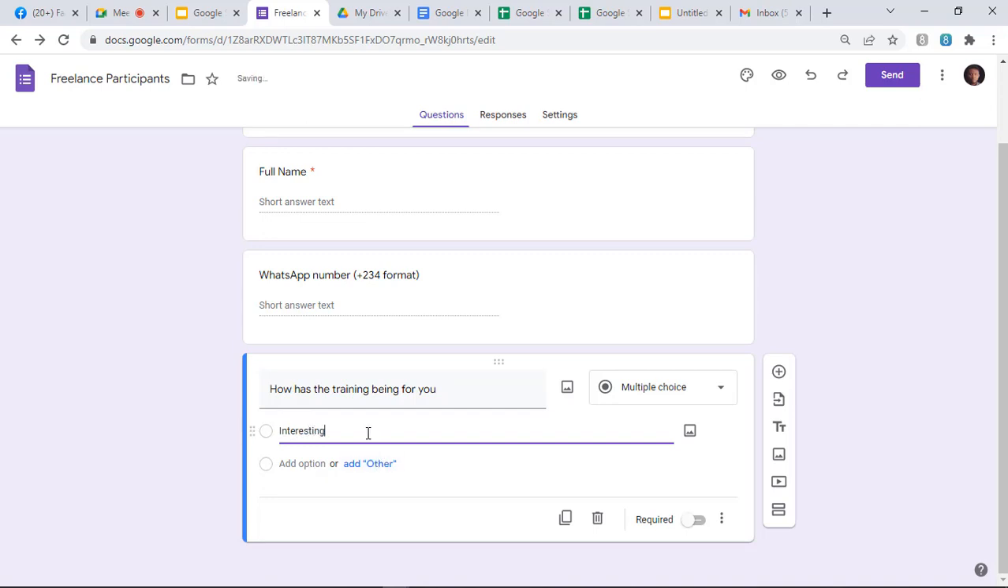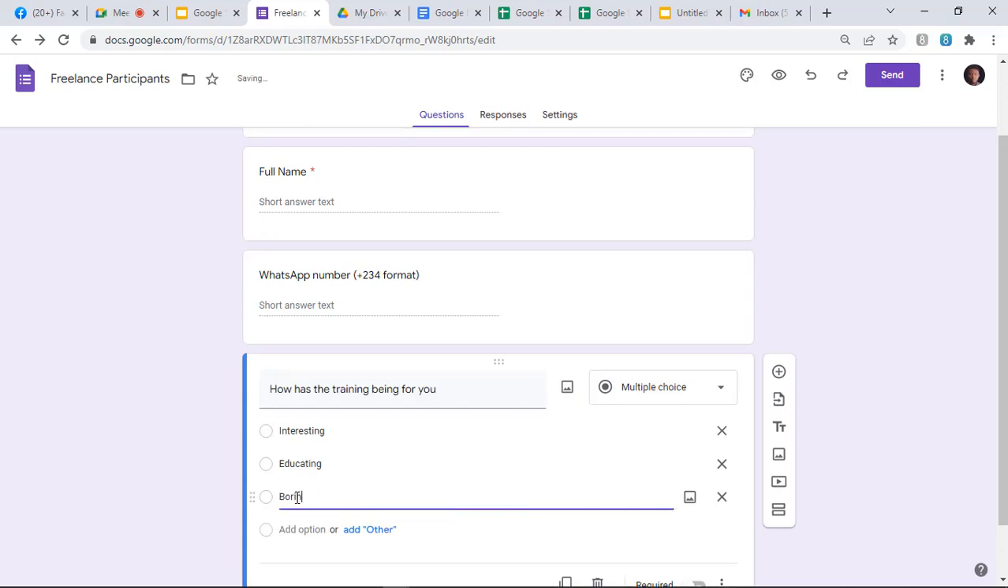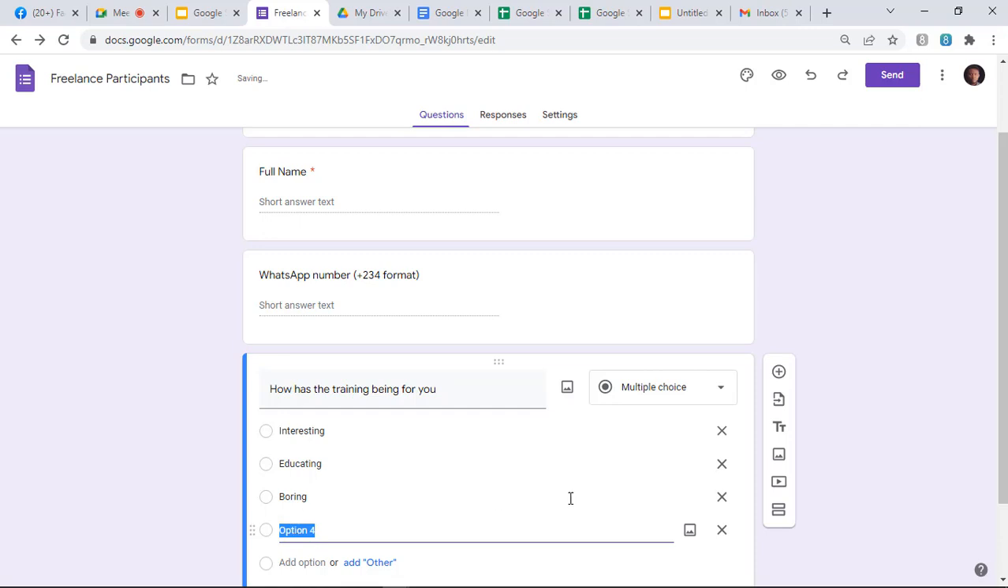Okay, I can add another option. Just click on this, add another option, educating. Okay, educating. I can add another option and say maybe boring. Alright, add another option, as many options as I want, and I can still delete options